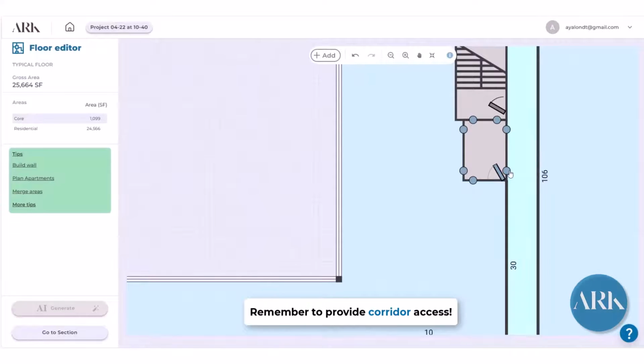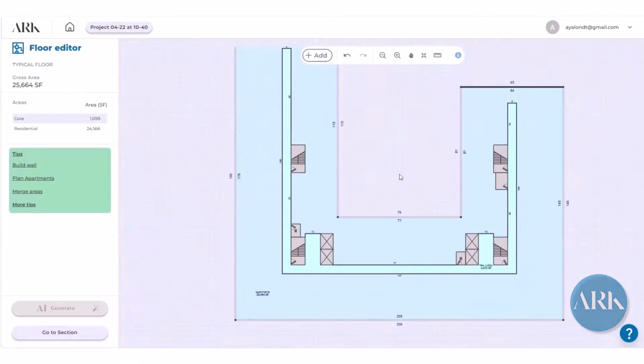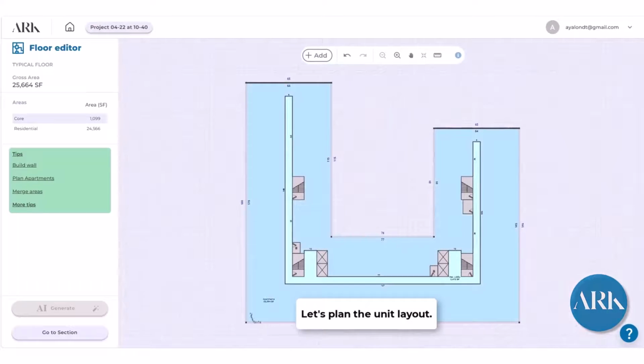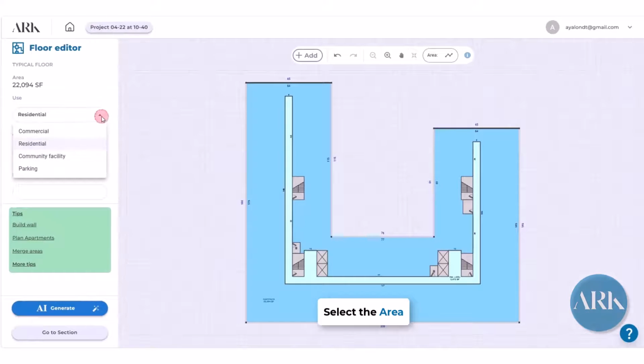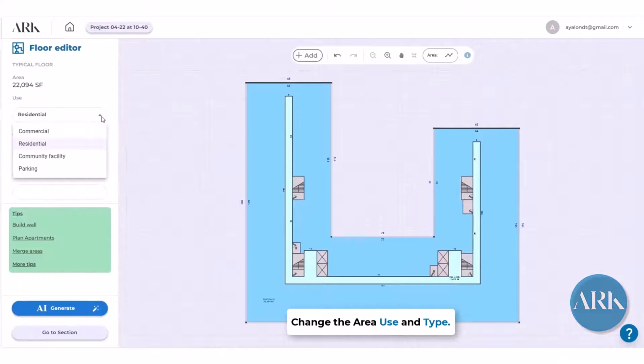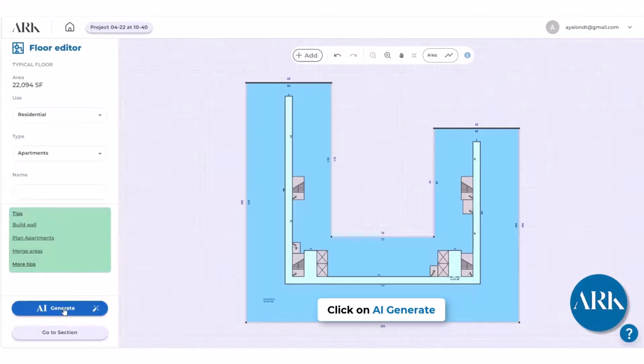And let's move it here. And now let's do the floor plan. On the typical floor, the default will be the apartments use. Once we click on that use, we can change it, but because it's the typical residential floor, we leave it residential and apartments. And now we can generate the AI plan